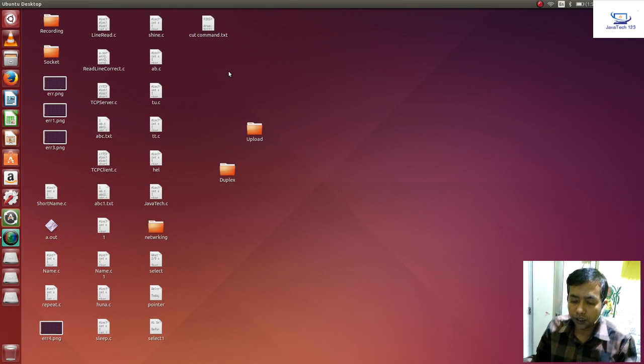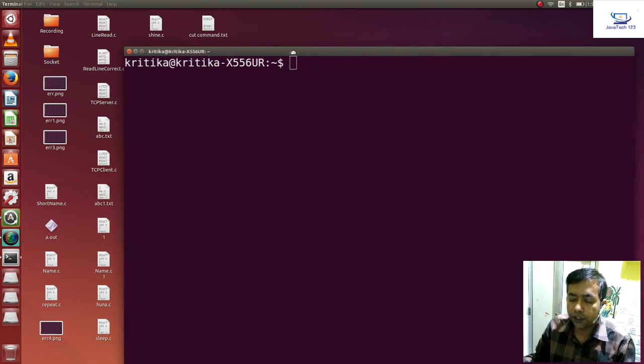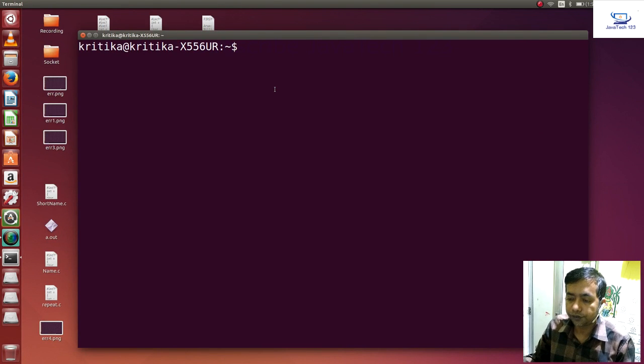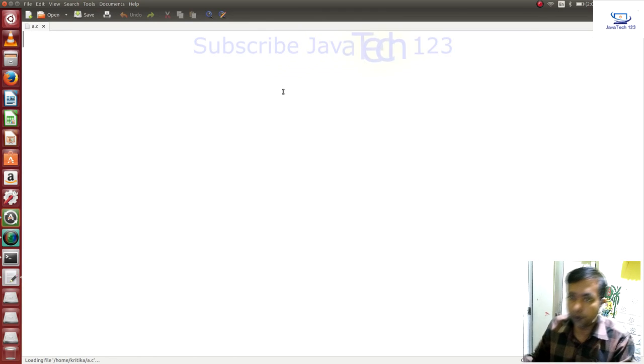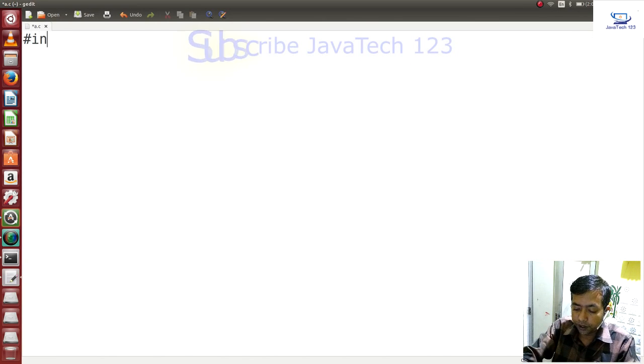Today I'll start how to find the sum of array elements. First, I will open the editor, gedit a.c. Then it will open the editor. Then I will type the program as #include